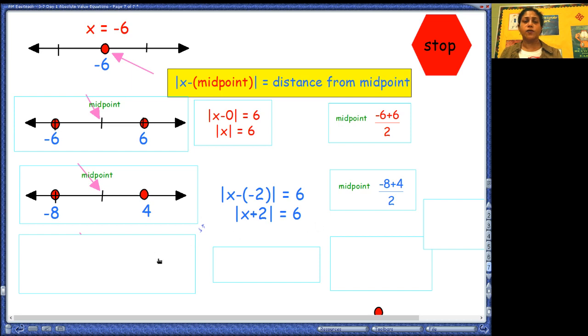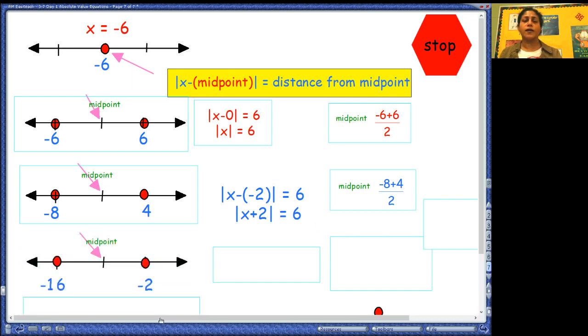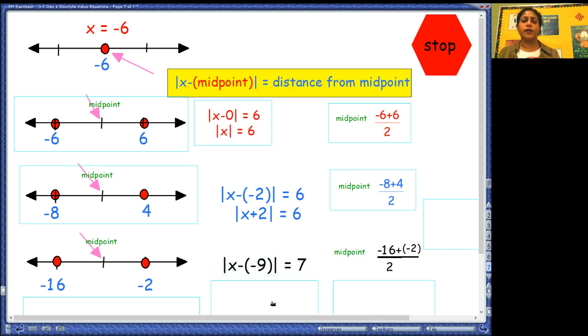In the next one, the two numbers marked are -16 and -2. So you're going to find the midpoint by adding the two and dividing by 2. Turns out that the midpoint is -9, and so you simplify this. I forgot to simplify this. So this is going to be simplified 2x plus 9, this is terrible writing,